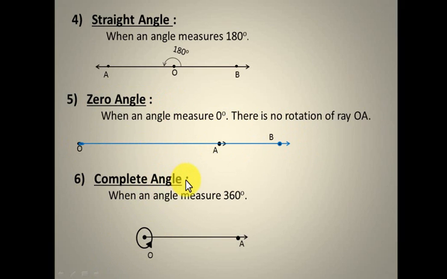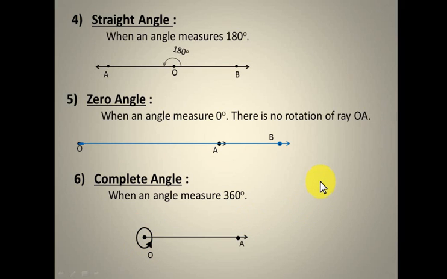Last one, complete angle. When a point is there on a ray, a starting point, its measure is totally 360. As we did with the straight angle, if the point is there and we measure on one side, we said it's 180. When we are measuring the full area, the complete angle, of course 180, 180, 360. This is one way to remember. The other way is, this is a full rotation, a circle is always 360 degrees.